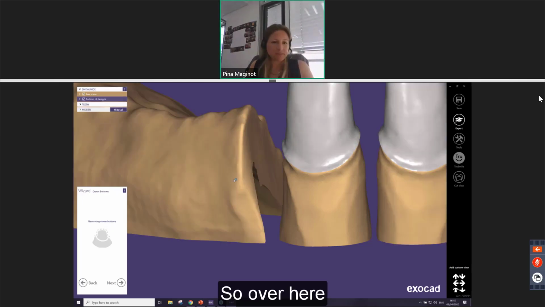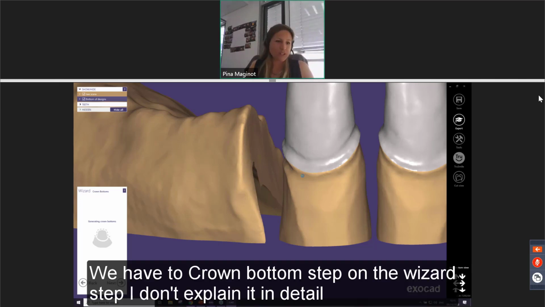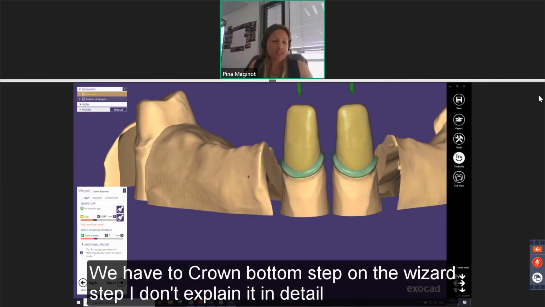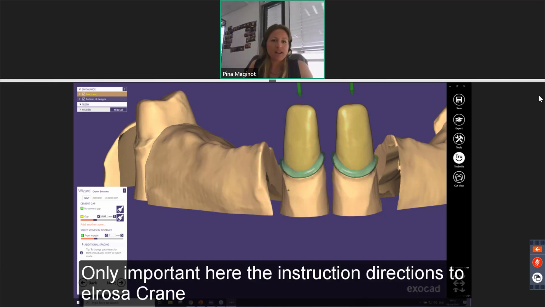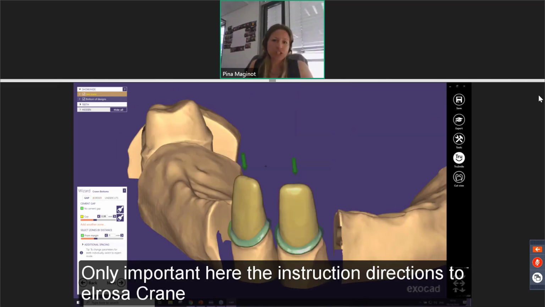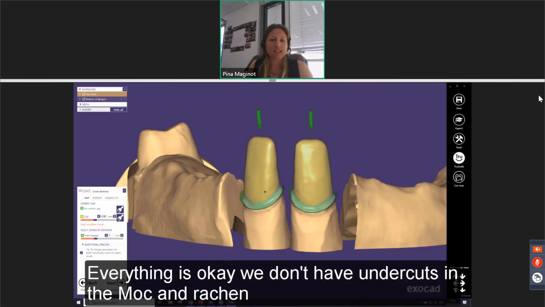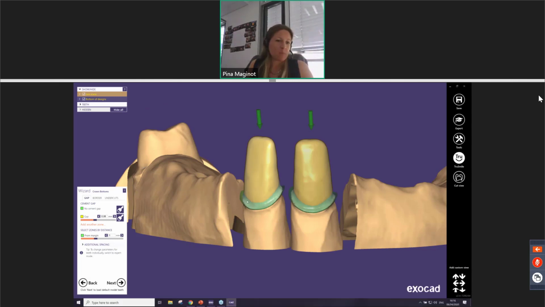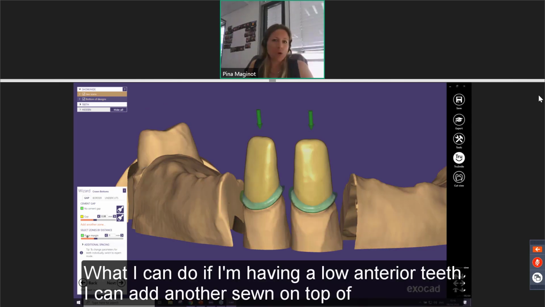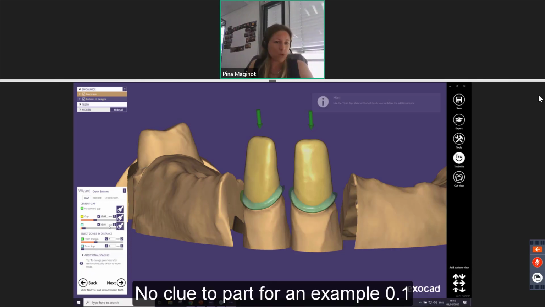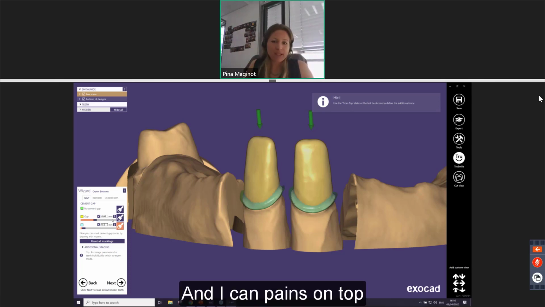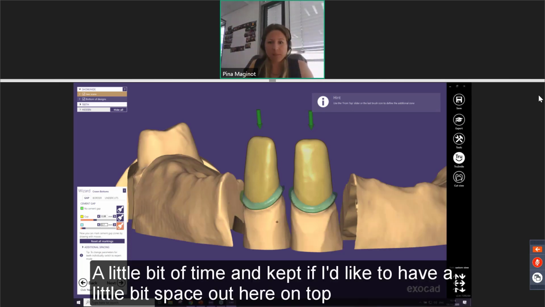So over here we have the crown bottom step, the wizard step. I won't explain it in detail. Only important here is the insertion direction: the arrows are green, everything is okay. We don't have undercuts in the margin region. What I can do if I have long anterior teeth is add another zone on top in the occlusal part, for an example 0.1, and I can paint on top a little bit of cement gap